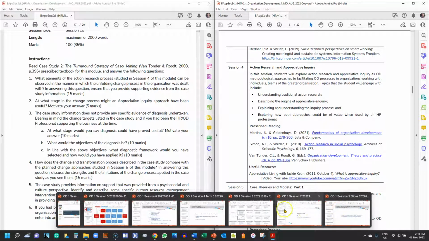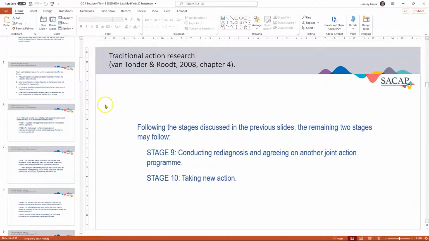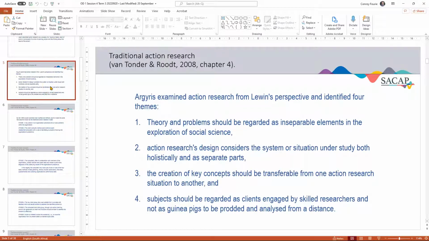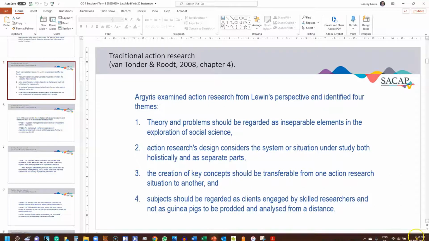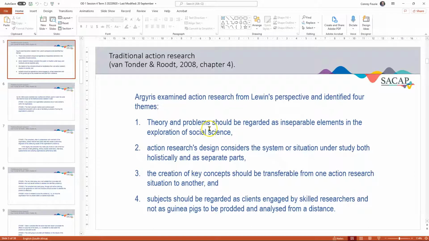Where is that now? Here we go. So I've got several slides which outline the various steps. So let me just quickly go through with you, and see where does it start. Yeah. So here are the 4 themes around action research. So you should be very familiar with this,